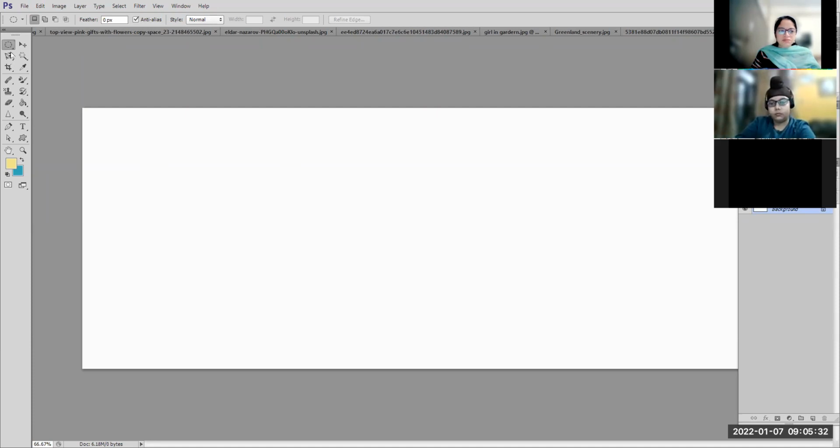Okay, there is a small arrow at the bottom. If you click on here, you will get rectangular Marquee, elliptical Marquee, single row Marquee, and single column Marquee. 4 types of Marquee tool. You can note down that also. First of all, the names of the selection tools: they are Marquee tool, lasso tool, magic wand tool, quick selection tool.